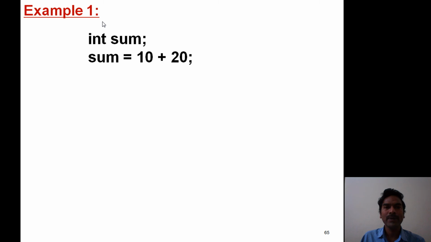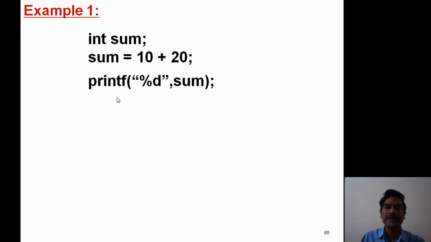Now this is one example. Here int sum: sum is a variable of integer data type. sum equals 10 plus 20 is a process statement. 10 and 20 are added and the value is assigned to the variable sum. Now we are interested to print some value.